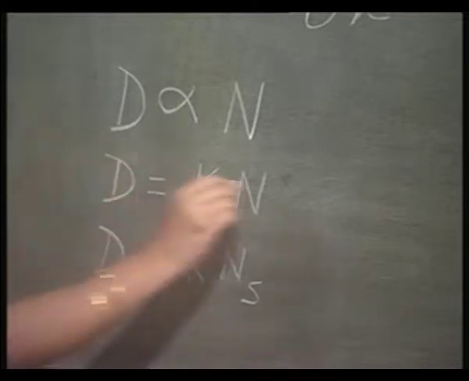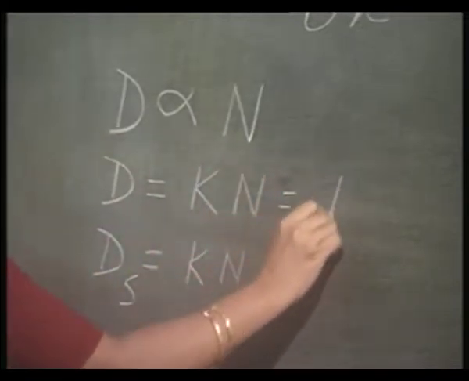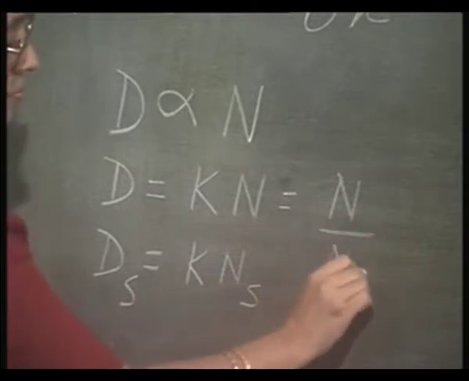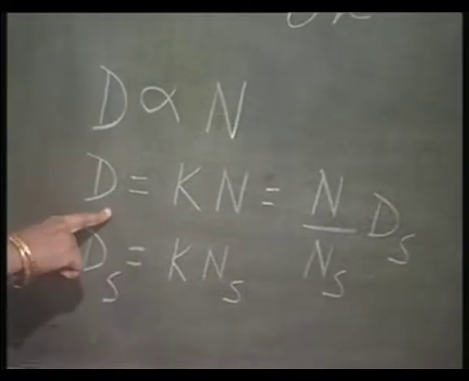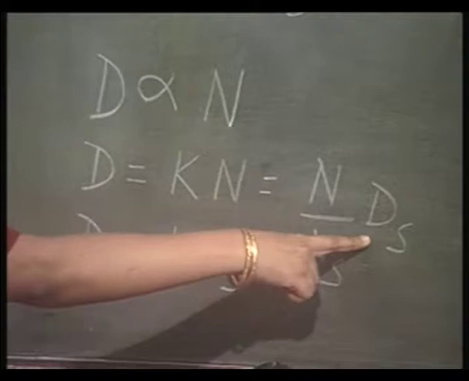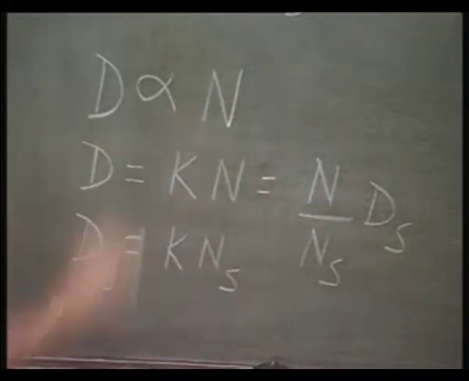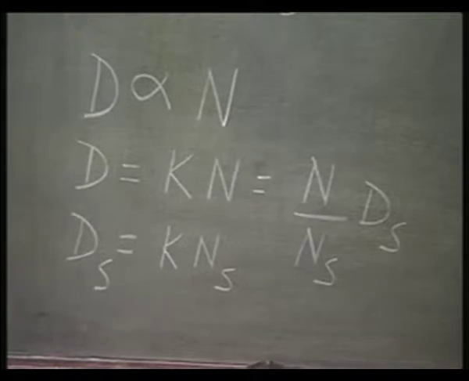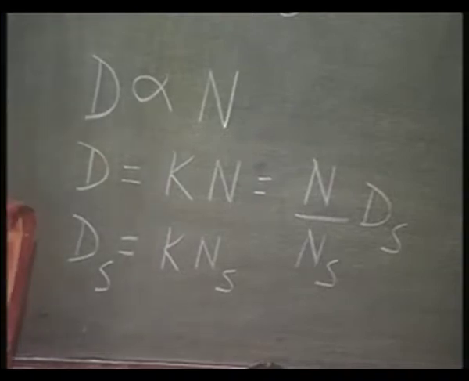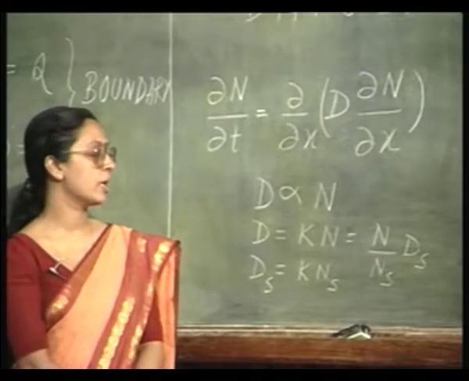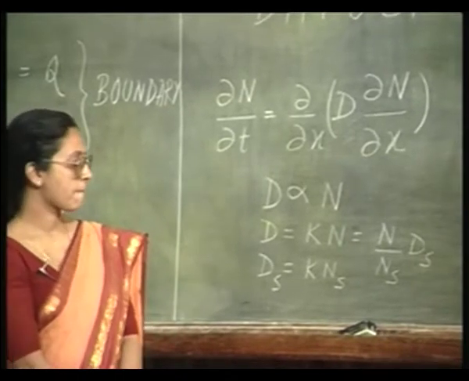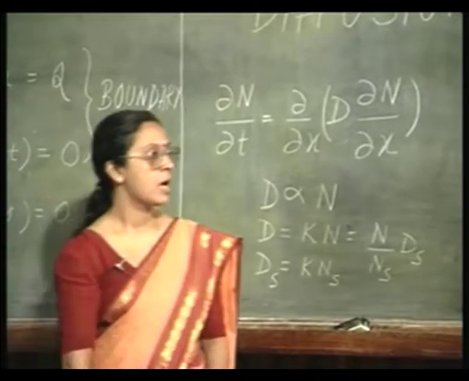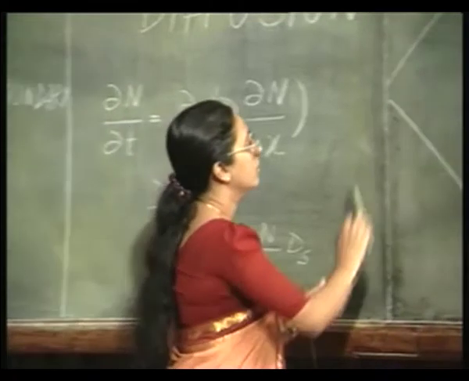Therefore, in general I could write, in a normalized fashion, D is given by the surface diffusion coefficient Ds multiplied by N by Ns. Similarly, if D is proportional to N square, D will be given by N square by Ns square times Ds. If D is proportional to N cube, then D will be given by N cube by Ns cube times Ds. That is to say,